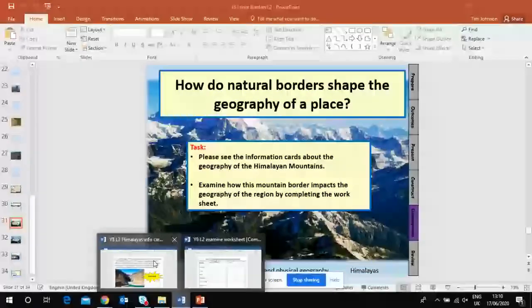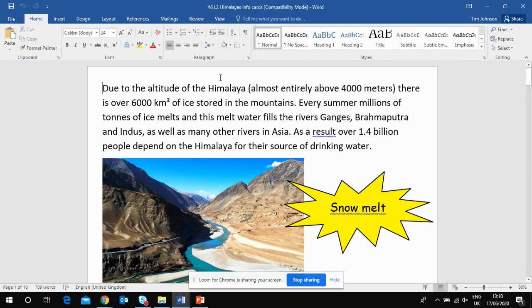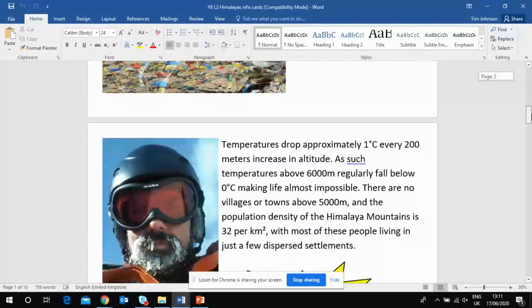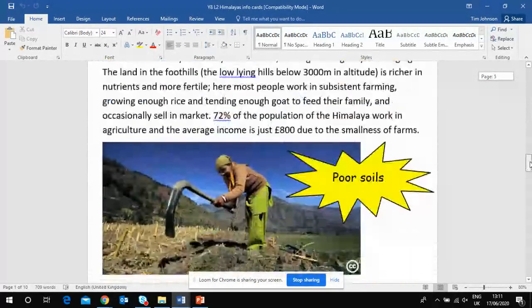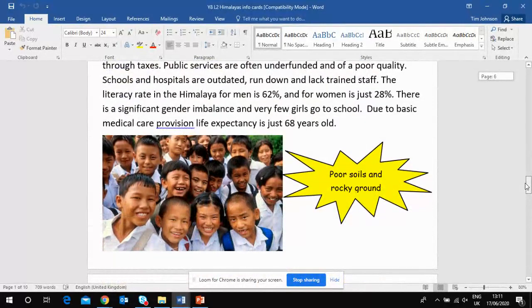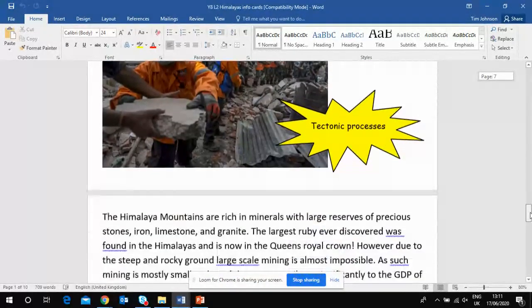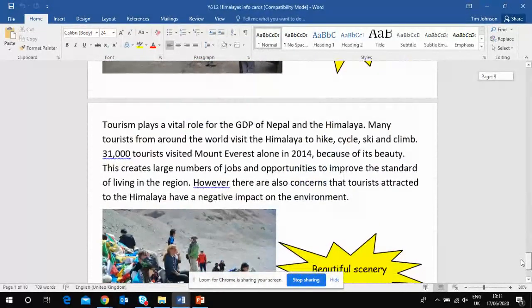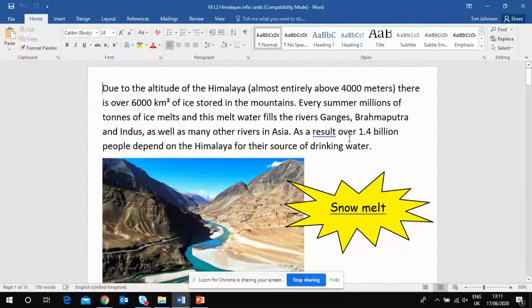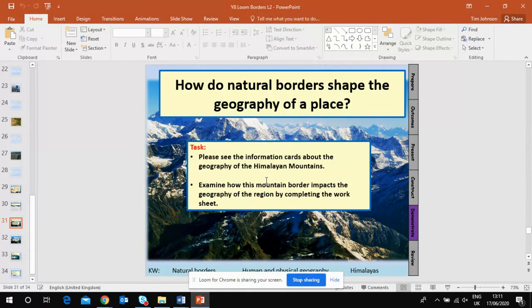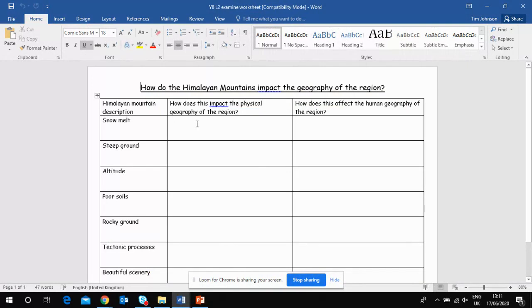So if we've got the Himalayas info cards, it's got a bit of information: slow melt, steep valleys, altitudes. It's about poor soils, rocky ground. There's lots in here, a bit about earthquakes as well. There's lots in here about the Himalayas. It's worth having a look through those and scanning that and thinking about how does that affect the geography of the Himalayan mountains. And also, you've got a helpful worksheet if you wanted to use that as well, which might